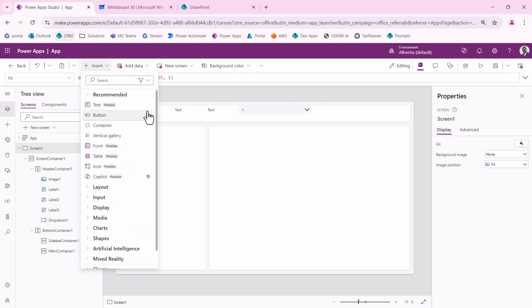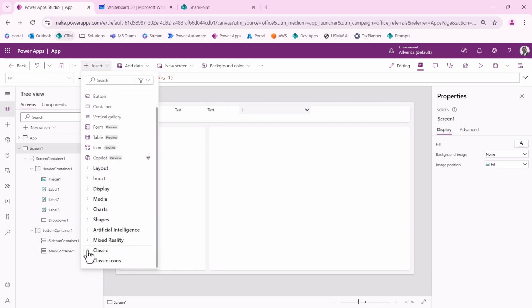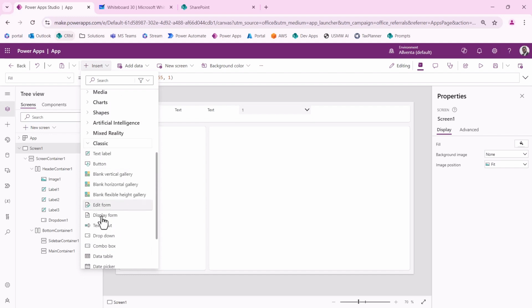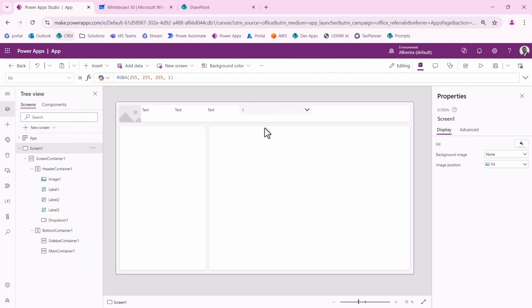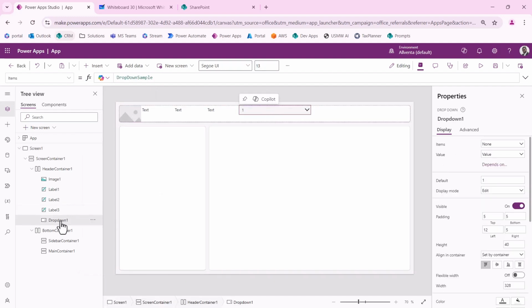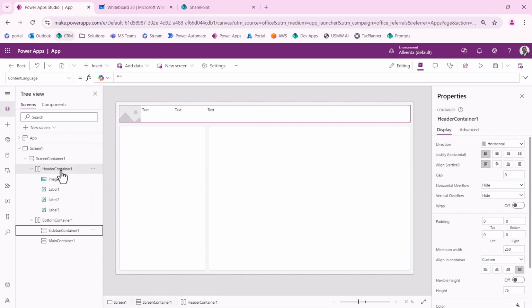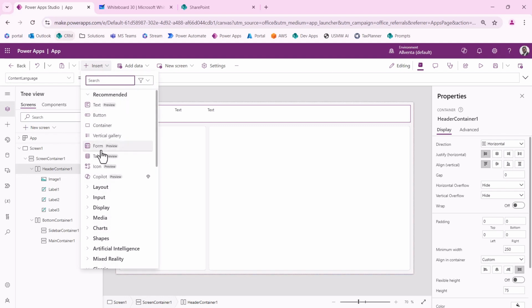So far, I'm using the classic text label, and I'm using the classic drop down. I would prefer to use the modern drop down. So let me just go ahead and delete this one. So I'm going to select it here. I'm going over to the tree to make sure I got the right one selected, going to the ellipsis here and hitting delete. And now I want to select the header container again, hit the drop down, and then I